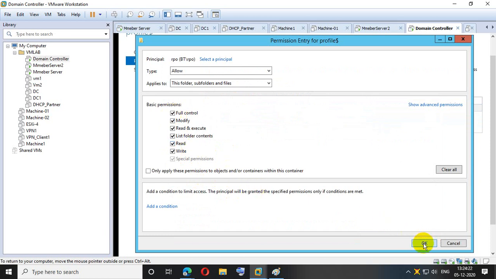Okay. This group's users can create and modify everything. Those who are part of the RPO group, their profile will have full control: read, write, all those things.